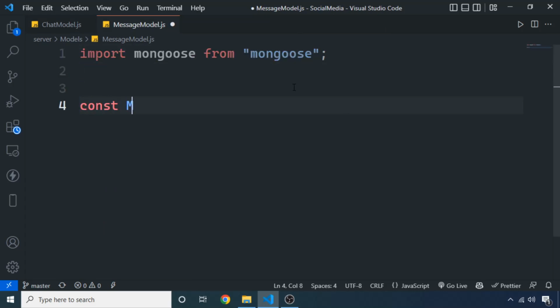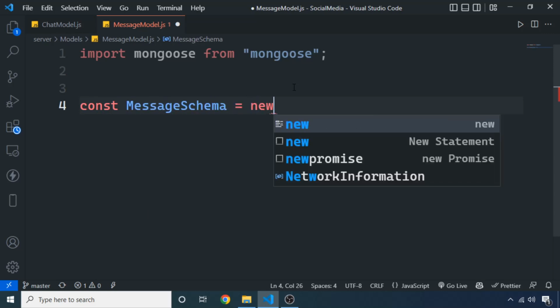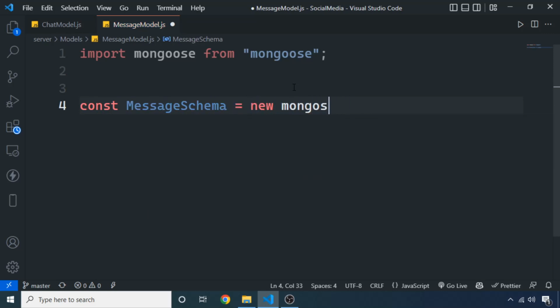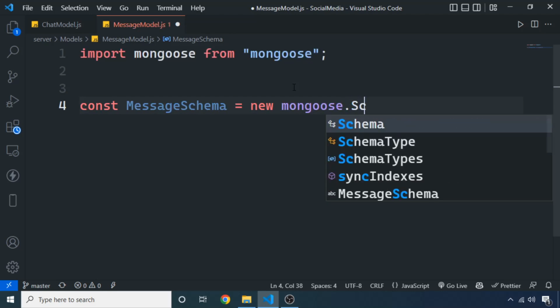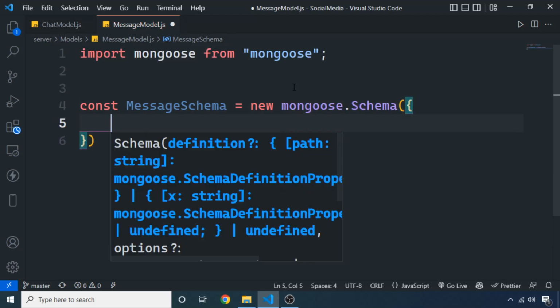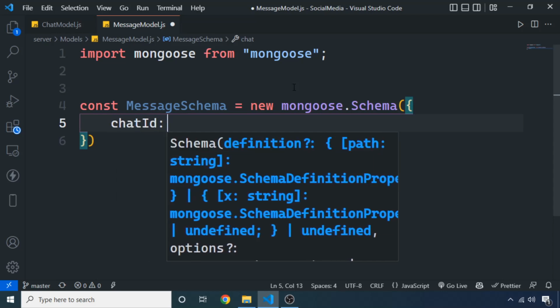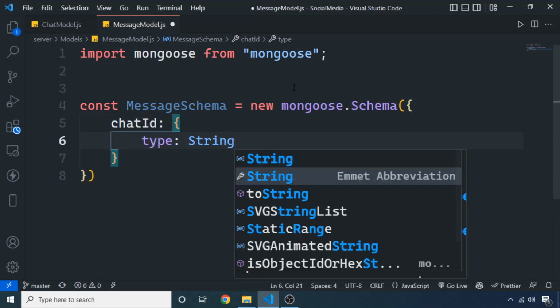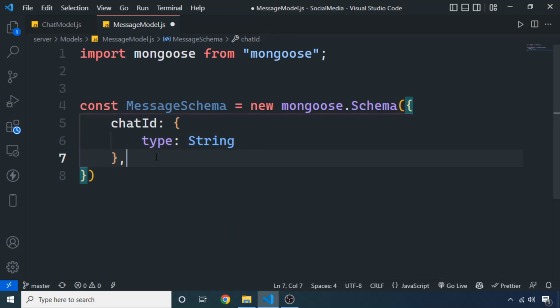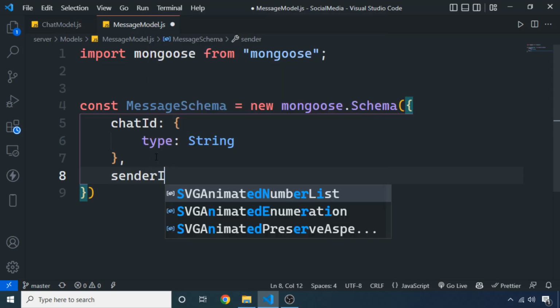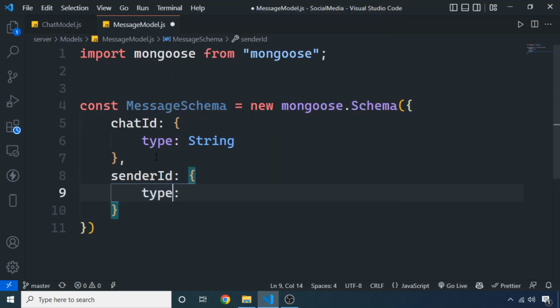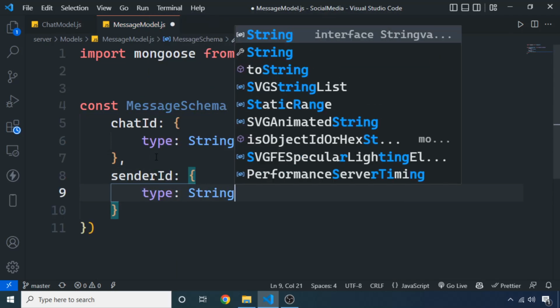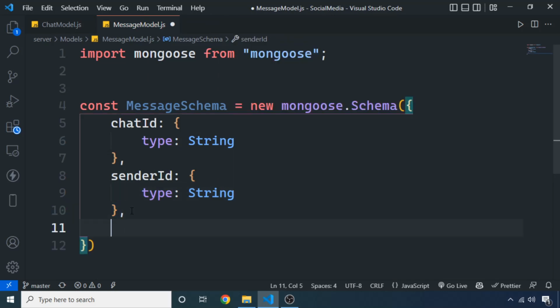After this, const messageSchema is equal to new mongoose.Schema, of course, and inside the schema I will have some fields like the chatId and it will have type string, and after this I will also have the senderId. So senderId will also have type string, and our last field will be the